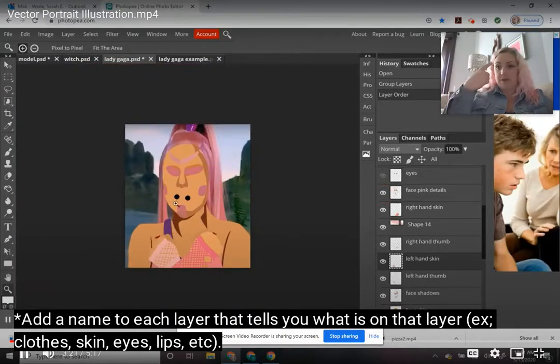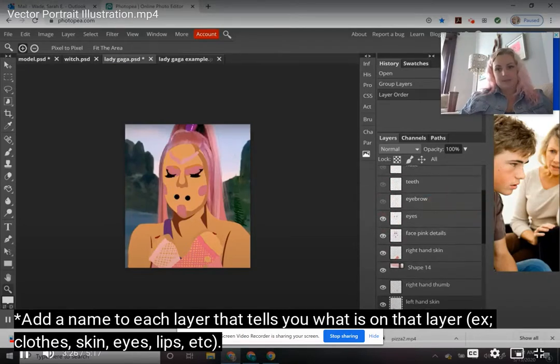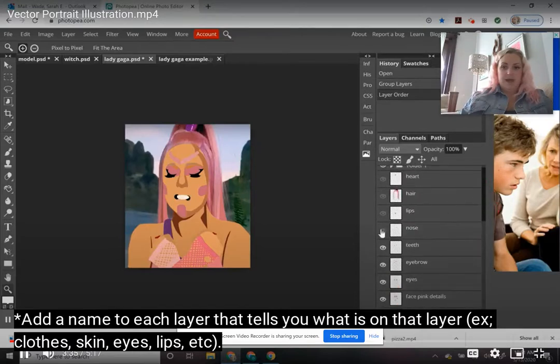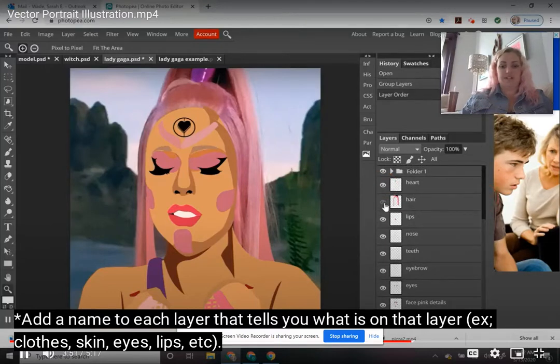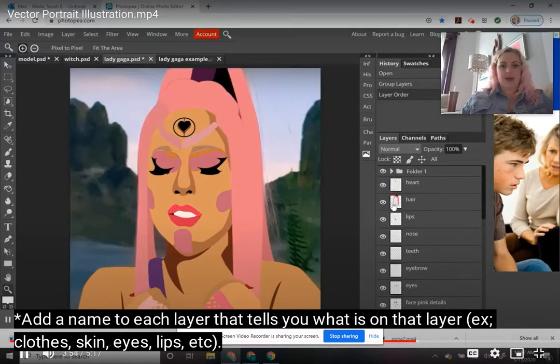I've got the shadows around her eyes. I've got the pink little details on her face. And I did the black eyeliner bits where her eye is closed, her eyebrow, her teeth. And then over the top of that, I did the little small dark parts of her nose. And then I did the lips. So as you can see, I did the lips in 2 different shapes. So there was some skin showing from behind. So I added those black spots to make it so you couldn't see the skin from behind her lips. I added the little details in the black, the rest of the hair color,